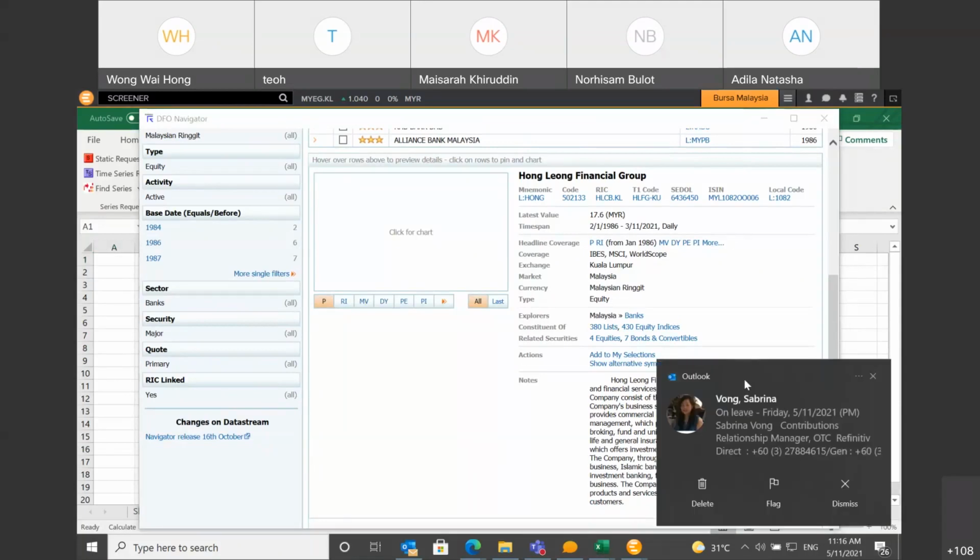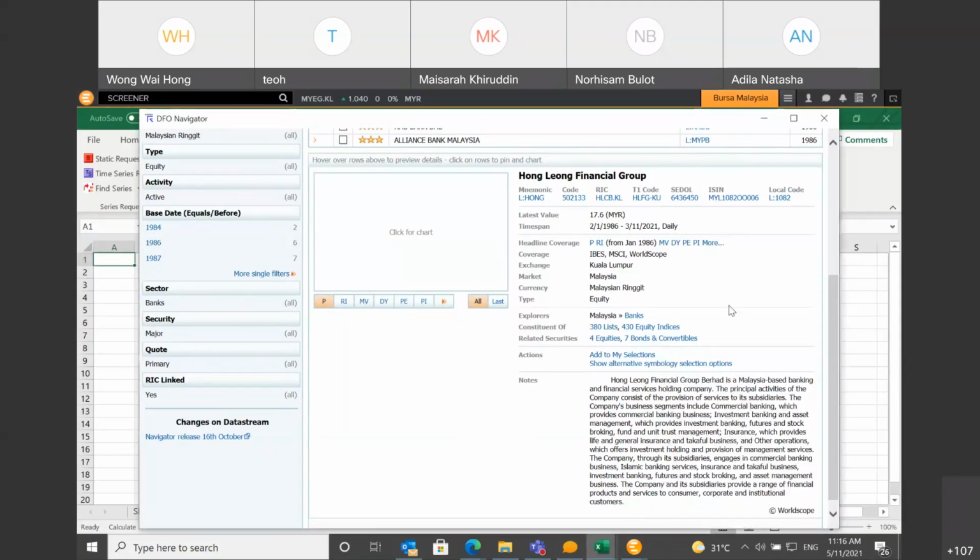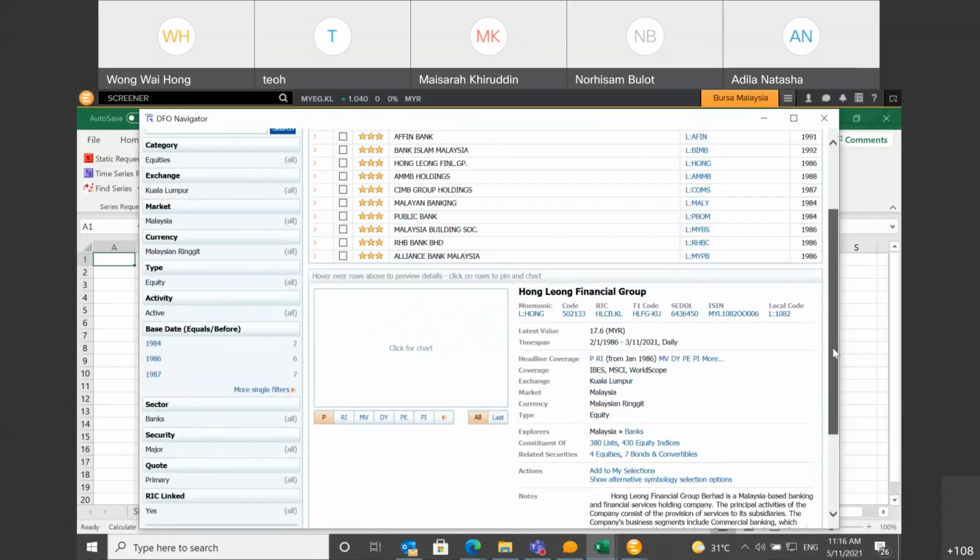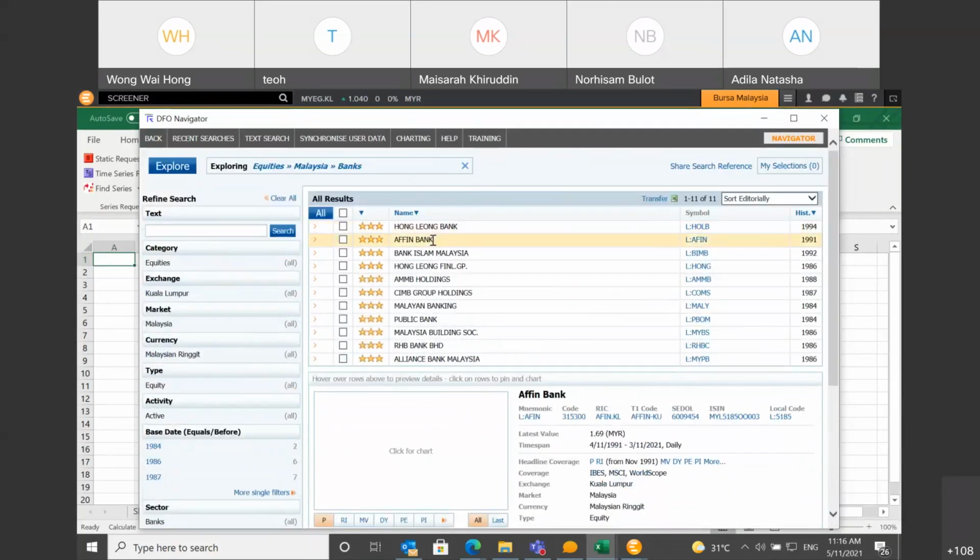Over here, you can actually see the overview, the various Reuters codes, ISINs, the local codes, and all of this will be in there as well. So if I need all these 10 names, all I have to do is tap here, check it here,